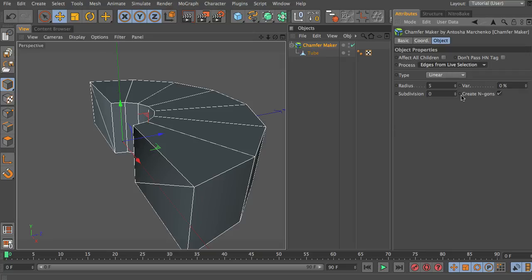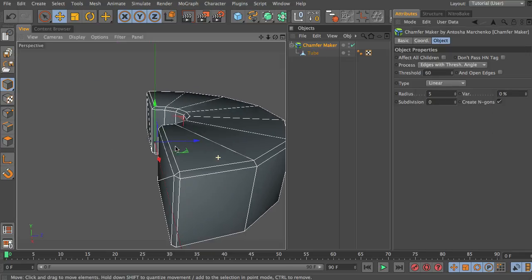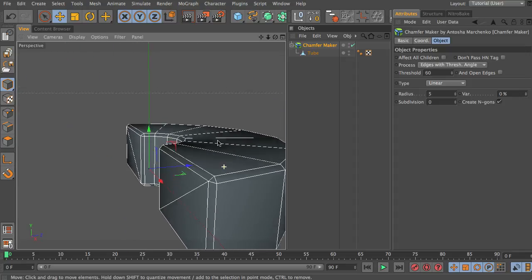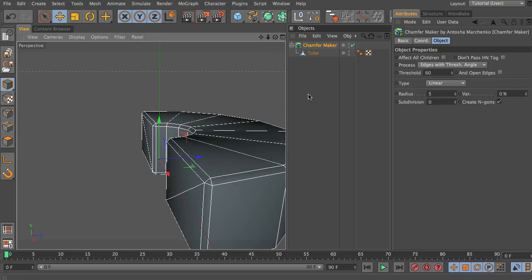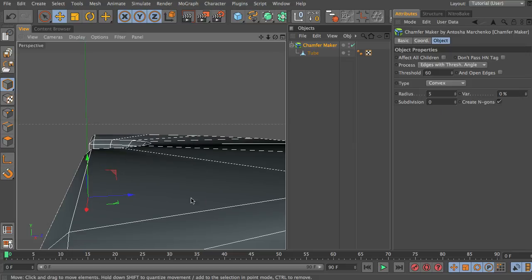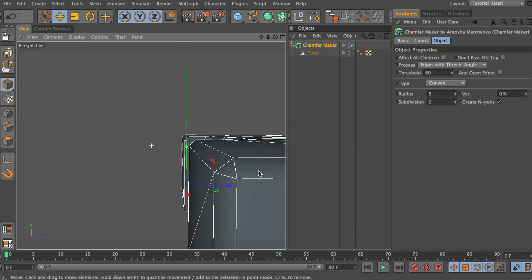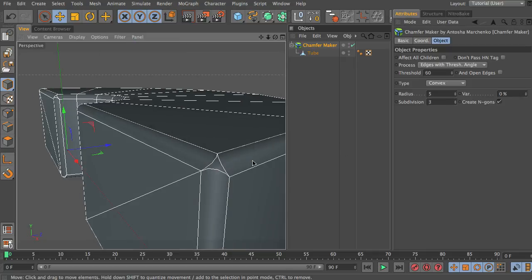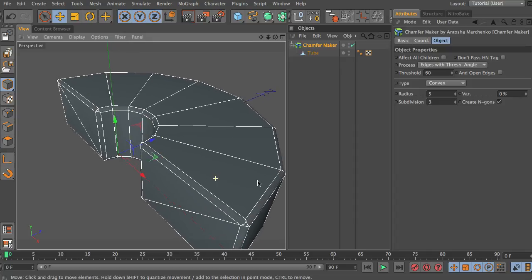So the first thing, of course, we will have to choose a process type that makes sense. What I usually use is edges with threshold angle, and you can see right away what this does. Very nicely it will create these rounded edges. Well, at the moment they are not round and they are set to linear, so let's choose convex. And you know these settings from the extrude NURBS settings. Let's enable some subdivisions here, and you can see right away this looks pretty nice,